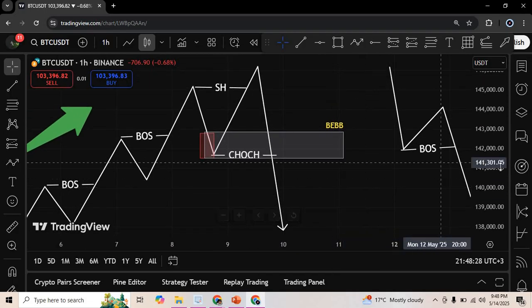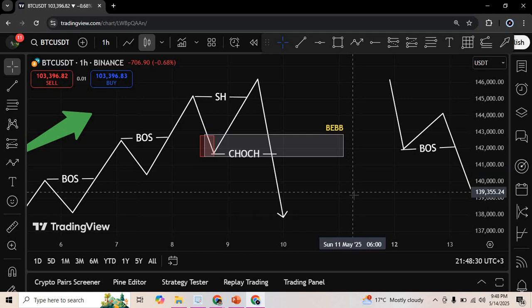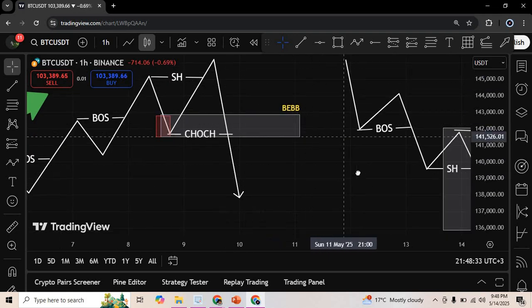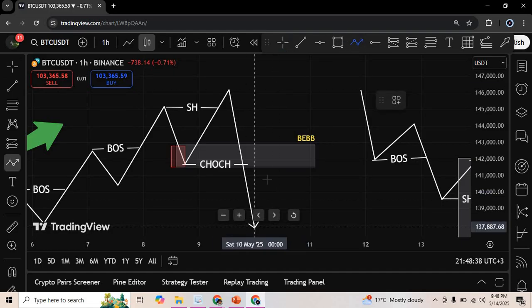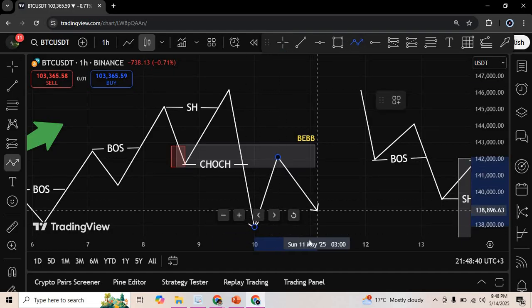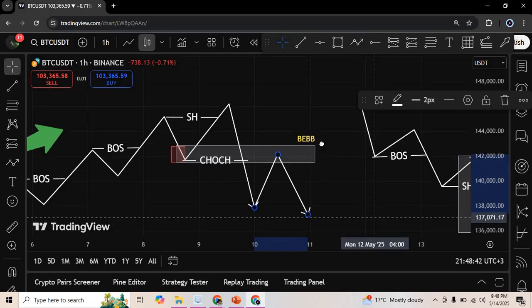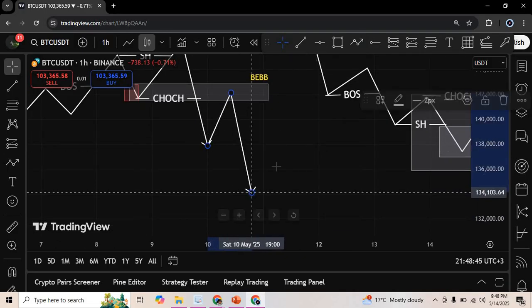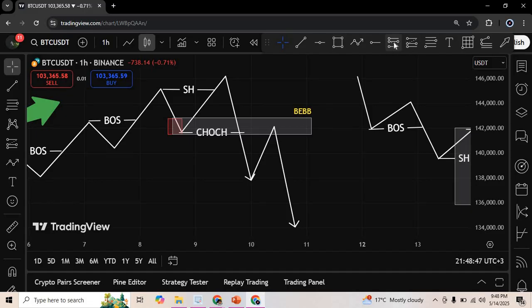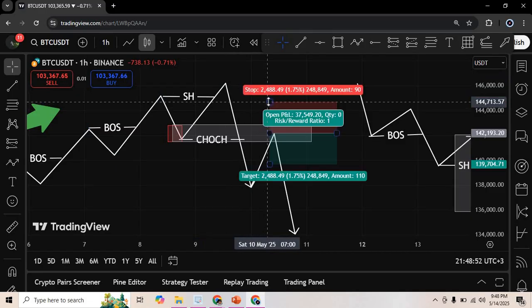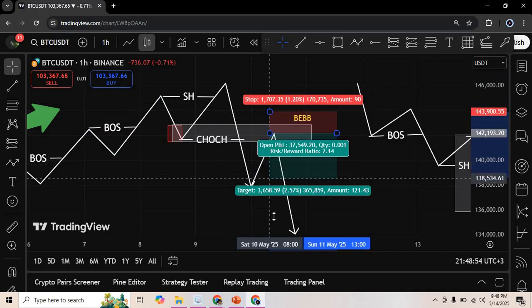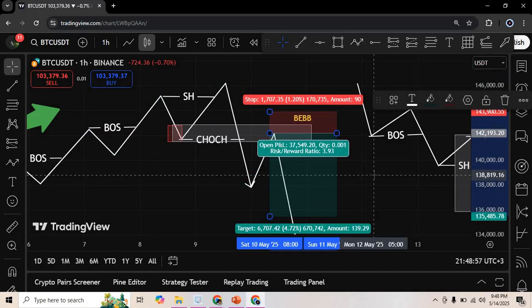Perfect. So what do we do? Now we have identified a bearish breaker block. So we expect the market from this juncture to come into the zone of a bearish breaker block and actually have a sell from that juncture. So what you'll do, you can have that as your entry. 50% is right there. Stop loss, and you can trade that bearish breaker block. That's the first way to trade a Quasimodo